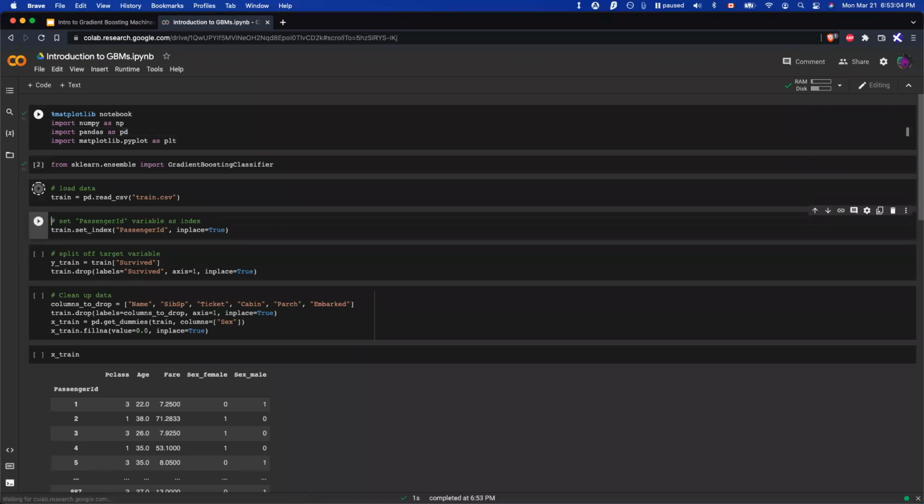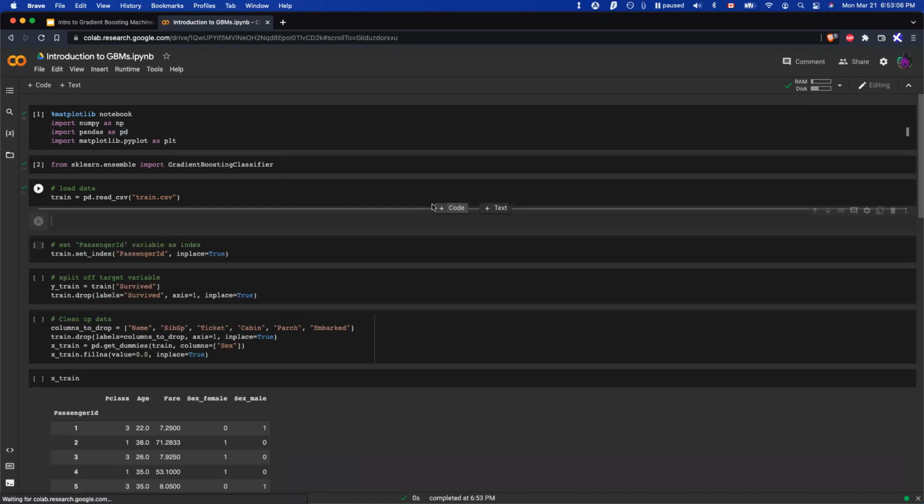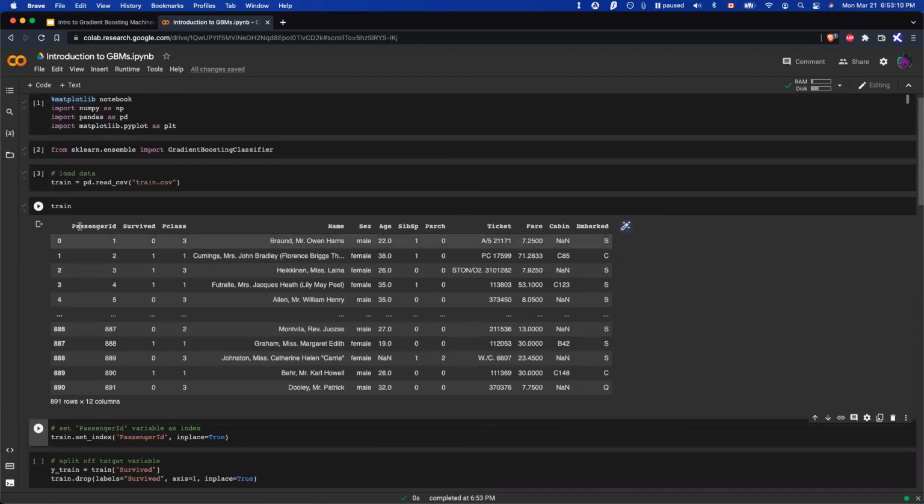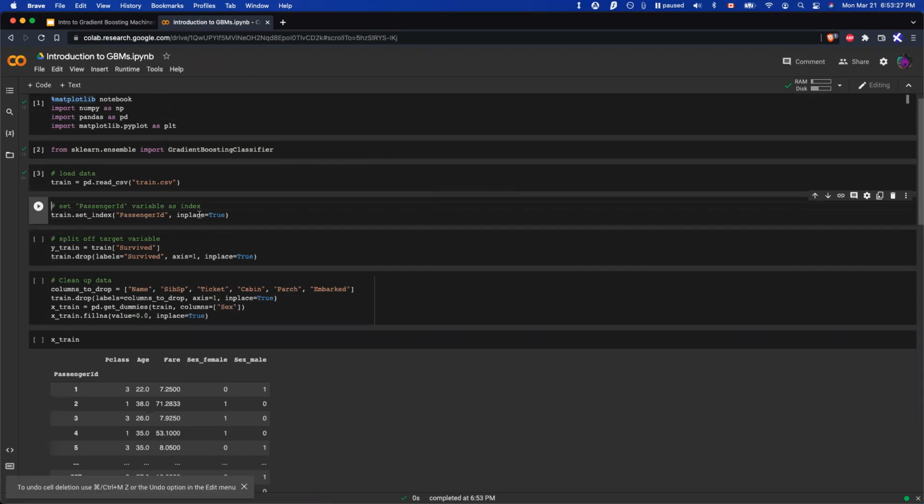So here we'll just take a look at what train looks like. It's passenger ID, whether or not they survived, passenger class, name, sex, age, all these columns, and we're trying to predict whether or not they survived based off of the other attributes. So a classic Titanic example. We'll clean up the data a little bit. We'll set the passenger ID as the index,